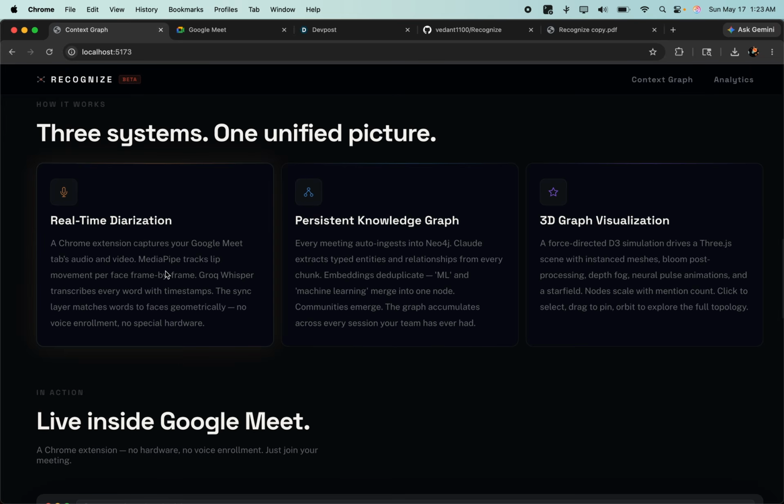How it works is, first we capture the Google Meet. We track the Google Meet people using MediaPipe model frameworks, whenever they open their mouth, their face structure changes. We attribute Grok's transcription to those people.